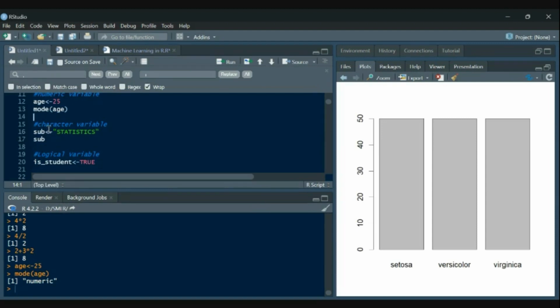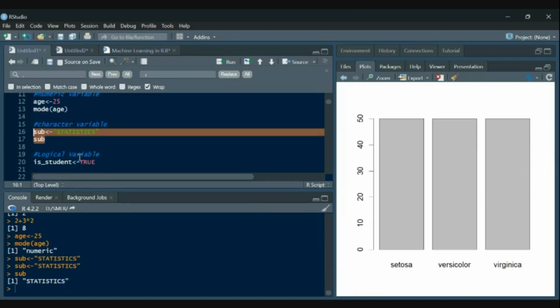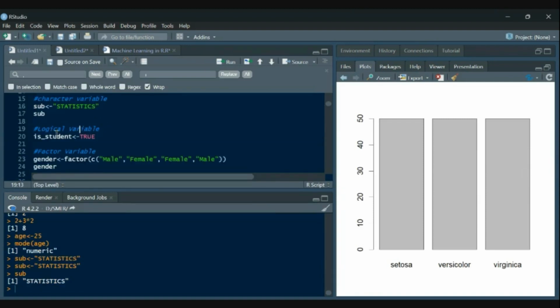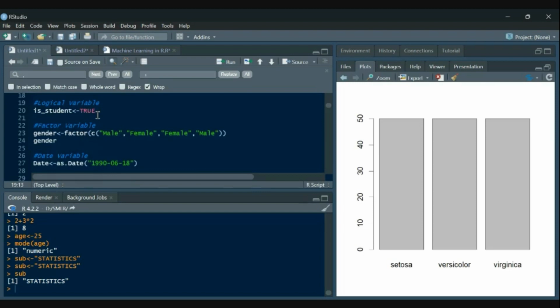Then we stored statistics in subject as the character variable. Character variables are always written in double inverted commas. So a character variable is created right here. Then we went to logical variables, which is is_student, which is TRUE. TRUE and FALSE will be stored up here.